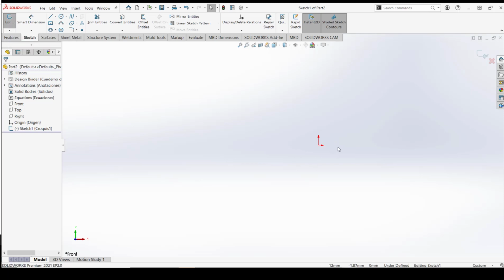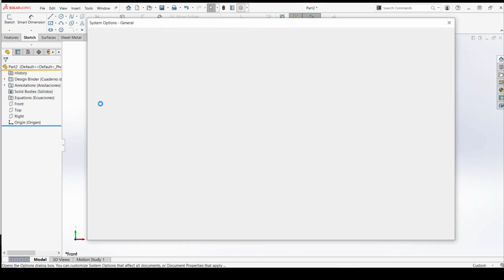So that's really cool. If that's the first thing you do when you start a new part is you get right into sketching and you want to skip the part where you have to select your plane, that's a great option for you. However, the downside of this is you might not always want to start a sketch right away. Maybe your company likes to define the material right away. Or also, you are required to always start your sketch on the front plane, which I think is a little silly. So if you always start your sketch on the front plane, this tool is perfect for you. If you like to vary it up, then maybe it's not, because then now you have the extra step of exiting your sketch and choosing a new plane, for example. So I thought that one was interesting when I first learned about it.